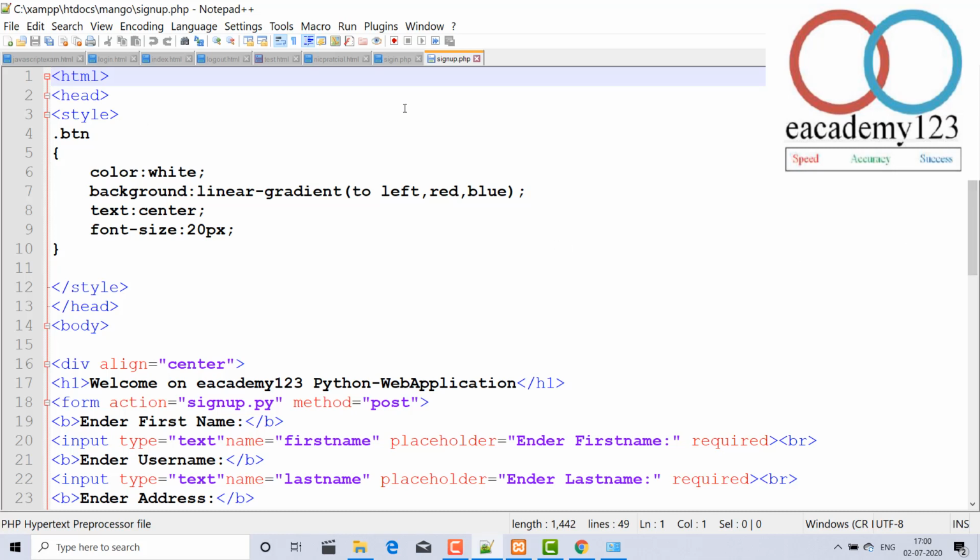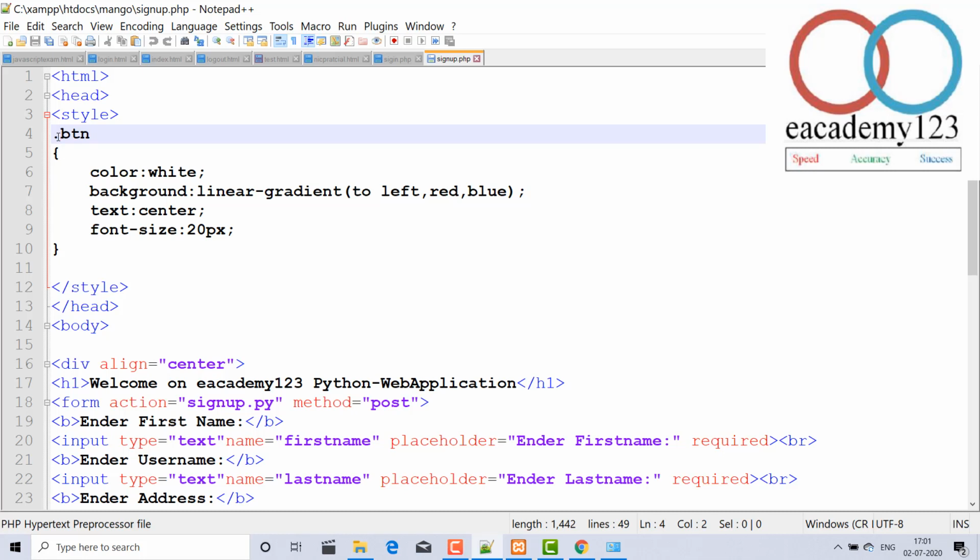So let's start. This is the signup.php, and let's see if it's working or not. So HTML head open and close, style open and close. .btn, what does it mean, friends? It is a class. Yes, .btn is a class.